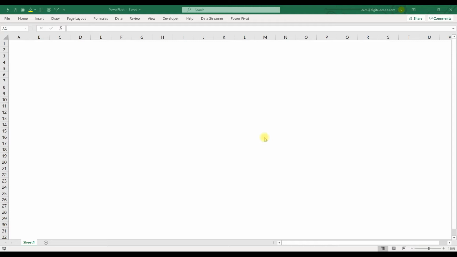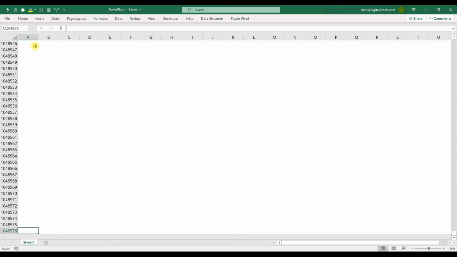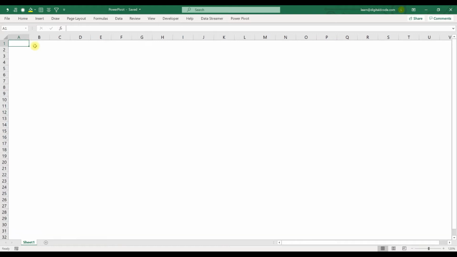So this is an Excel workbook. If you see, this is a blank file, and in each worksheet, we have only 10 lakh plus rows. Assume every month you have close to 2 lakh lines. So for the full year it will be close to 24 lakhs. So how will Excel manage 24 lakh lines, because we have only 10 lakh rows per sheet? If your data has more than 10 lakh lines, then you cannot use Excel for analysis.